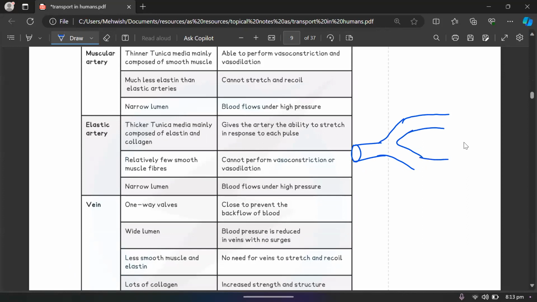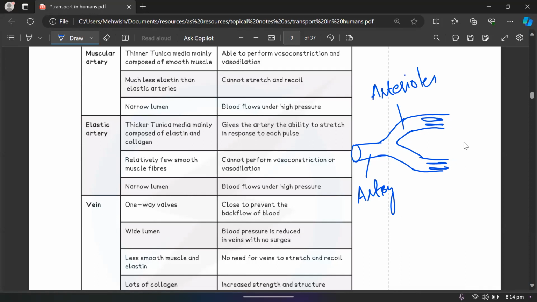And then they split into the capillary bed. The capillary bed present near the artery is called the arterial capillary bed, and the capillary bed present near the veins is called the venous capillary bed. Now here, this is the bigger artery, and the smaller artery is this one, and these are called arterioles. Arterioles are also called muscular arteries because their